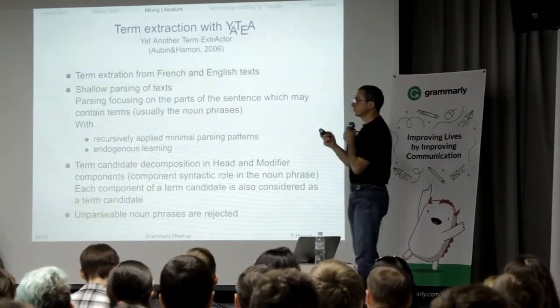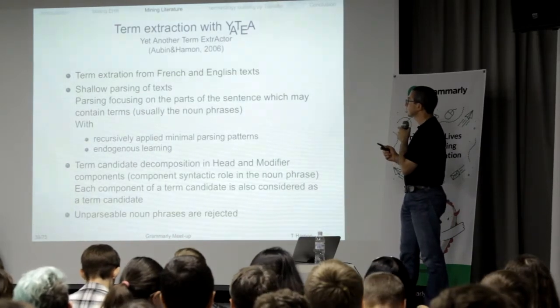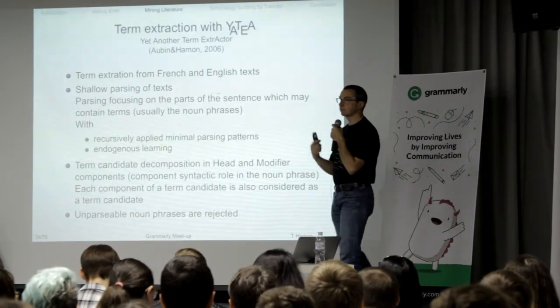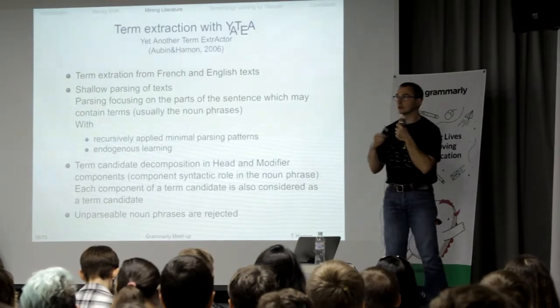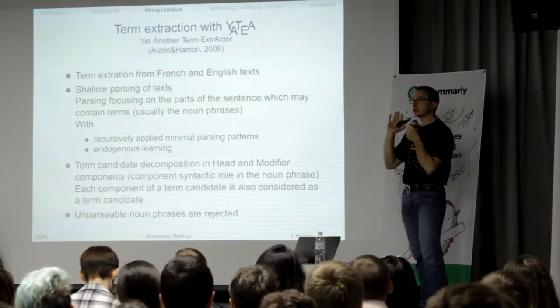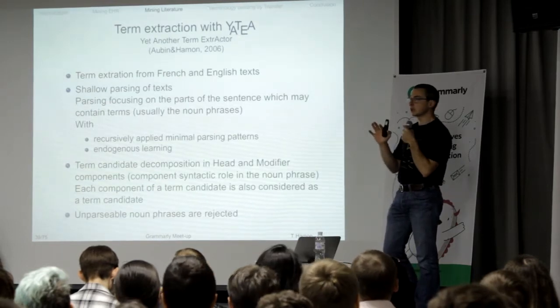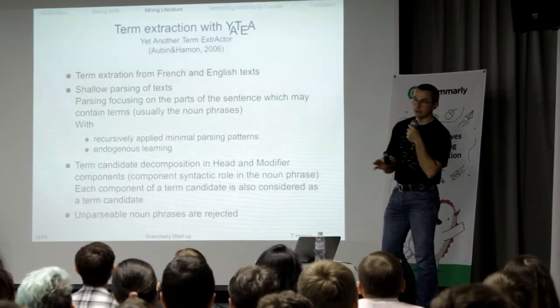So we developed several years ago a term extractor for French and English text. Usually term extraction uses shallow parsing. We don't try to parse the whole sentence. We focus on the part of the sentence which probably contains terms. So we focus on noun phrases,